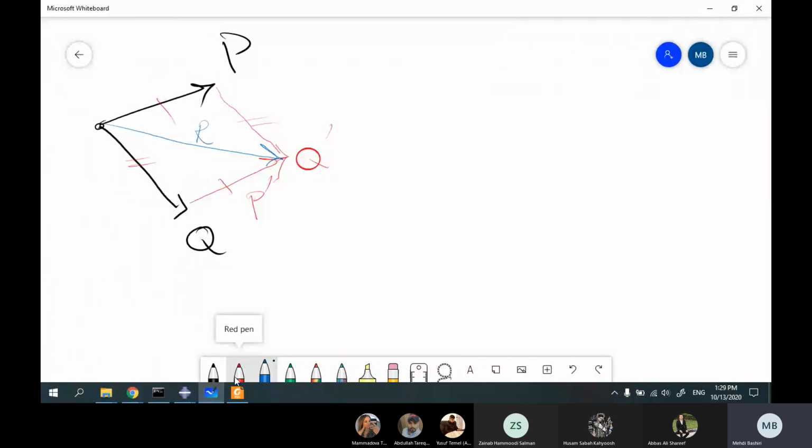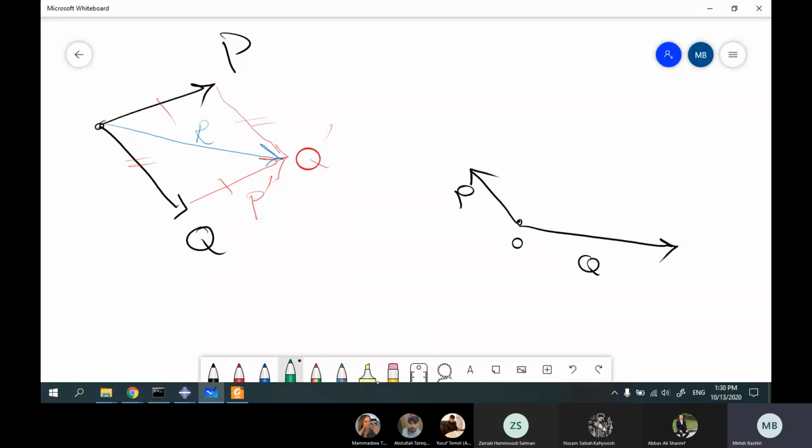As you saw, this method needs, for example, a ruler. You need to draw something. That's why it's not very common, because it's complicated, and you can't use it for complicated cases when you have lots of forces with different directions. It's not easy to perform, but it's very simple, and one of the first generation methods in finding the resultant. Okay, again, for example, we have a force like this and a force like this, P and Q. If I ask you to find the resultant,